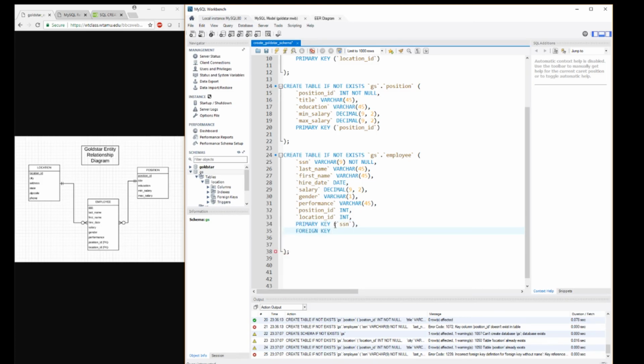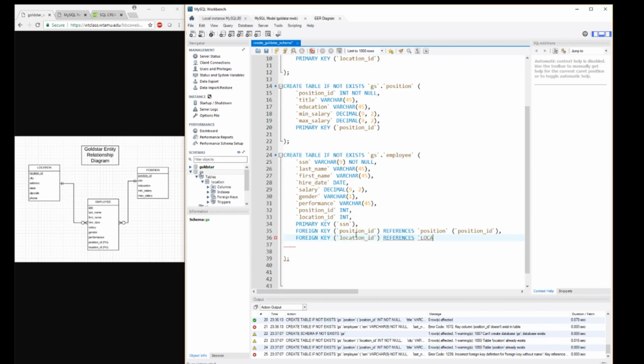So foreign key, in parentheses, we have the name of the foreign key, so position ID, references the table name. So this is the position table, and then in parentheses, the name of the primary key, which is position ID, followed by the last foreign key, which is location ID,